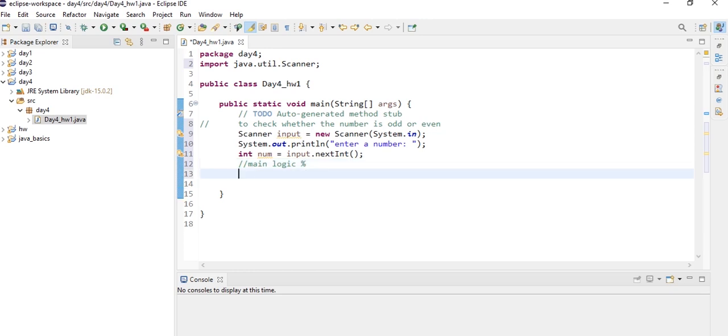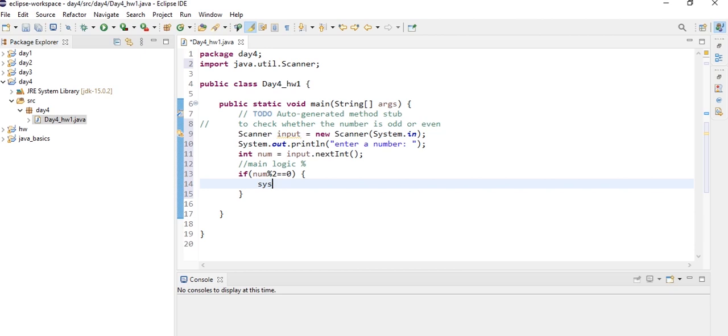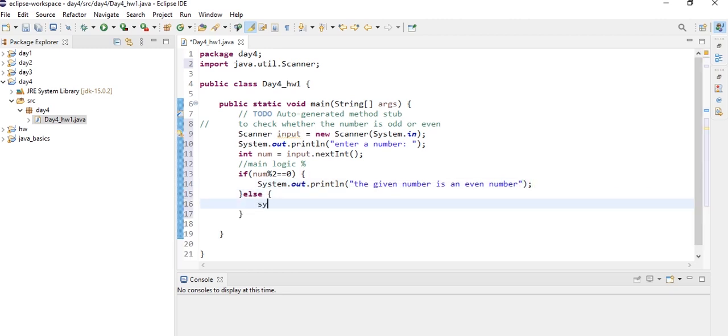So let's write here, if number mod 2 is equal to 0, that is if the remainder is 0, we are printing out the given number is an even number, and in the else part we are printing the given number is an odd number.